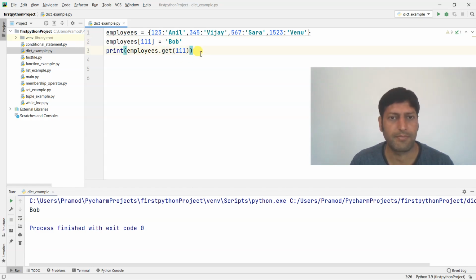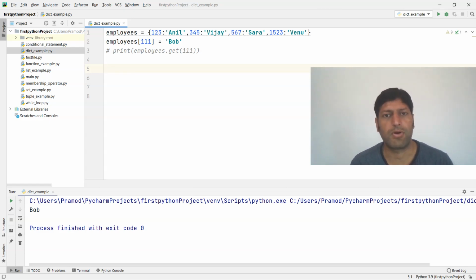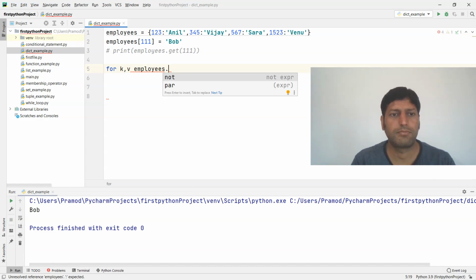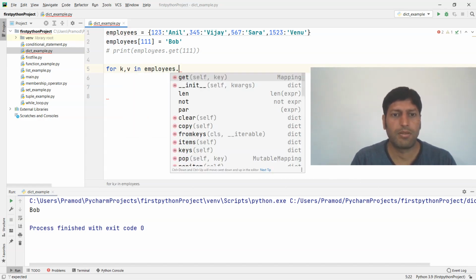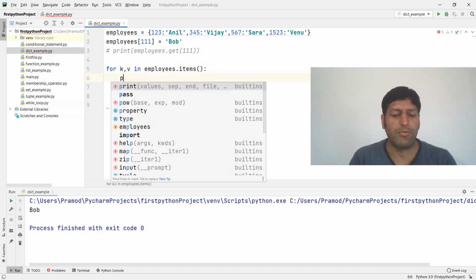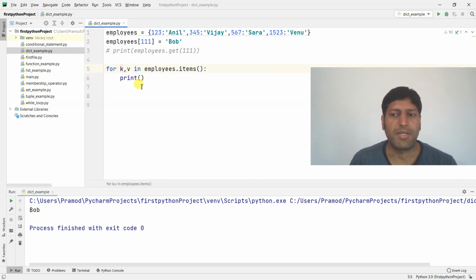Now how to access individual key value pairs? It is possible with the help of a loop and we will use a for loop here. For key, value in. This method items returns key value pairs. So key will be stored in this variable k and value will be stored in this variable v and